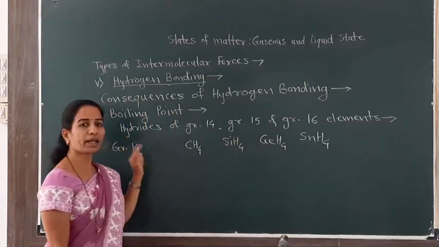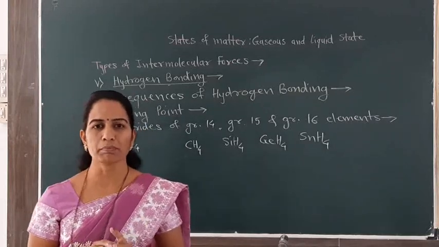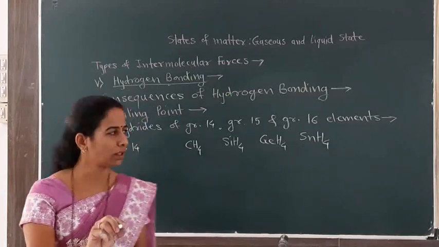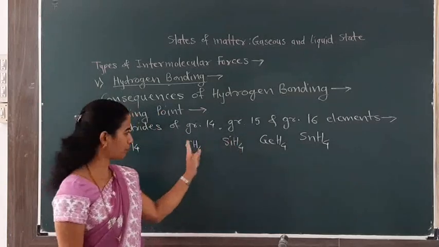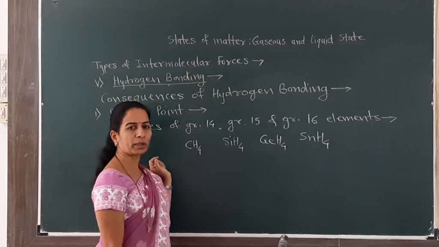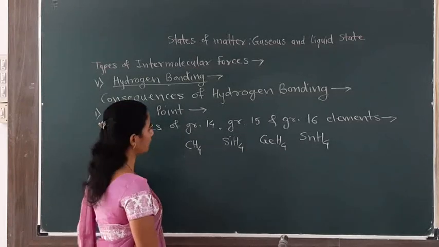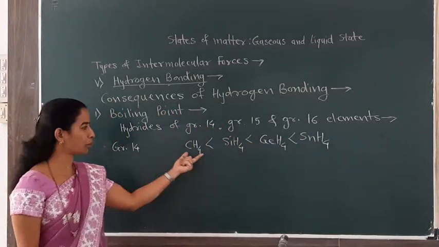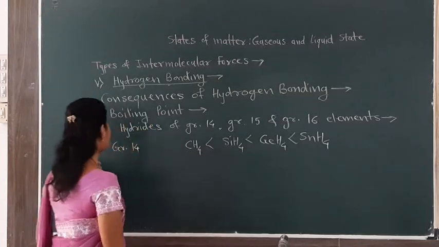Now here generally the boiling point of any molecule or compound increases with increase in molecular mass. Here actually the molecular mass of these molecules must increase because the atomic masses will increase. So with increase in molecular mass, the boiling point must increase in case of these hydrides. So the trend for the boiling point order should be like this, but actually should be like this.